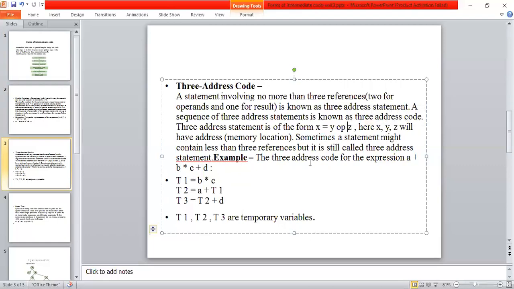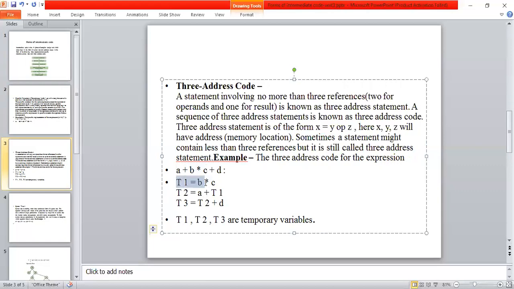For example, if I have an expression a + b * c + d, how do we convert this particular expression into three address form? First of all, I'm multiplying b * c and storing the result in a temporary variable called t1.